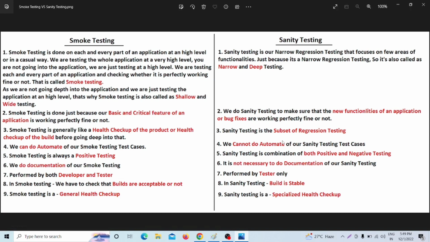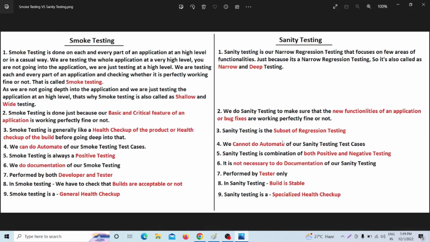Okay. Now, what do you mean by build? Build means, whenever developers are developing any software, after it is developed by them, they will give the software or application to the tester. Now, how will the developer give the software or application to the tester? There should be some build. So the developer will give that build to the tester, and the tester will install that build and they can test,